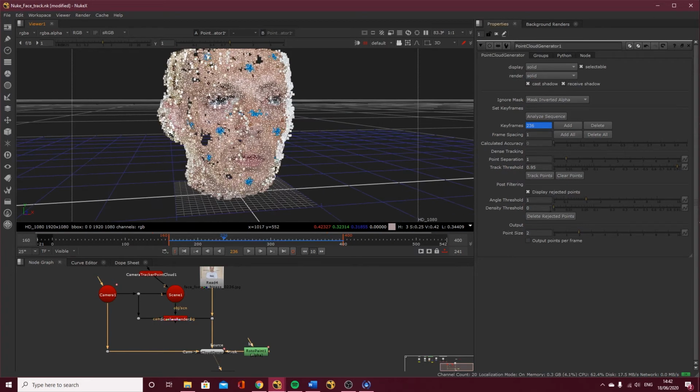So down in your point cloud generator, you've got something called angle threshold, and something called density threshold. Now you can basically use these. If we hover over, let's see what they do. Threshold for the minimum triangulation angle. Points with a large triangulation angle, that was a mouthful, are more accurate. So set a threshold of 0 to output all points. So if this was 0, it just shows you points wherever. And as you move this higher, you can see that some of them now are turning red, and that's because they're rejected points. If I turn this off, it won't show them, and it starts eating away. So you want to find a balance.